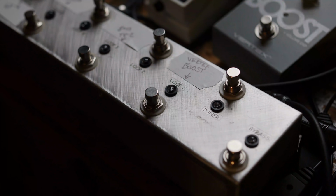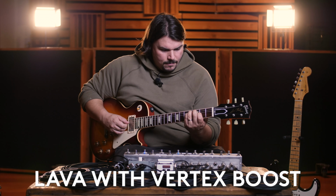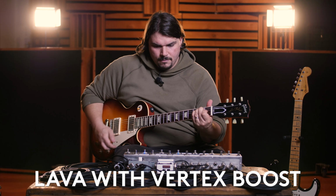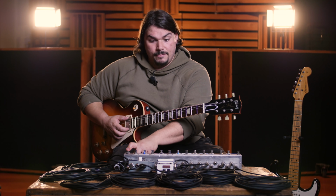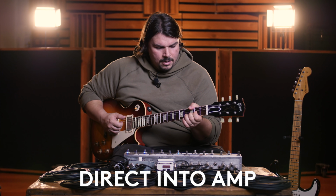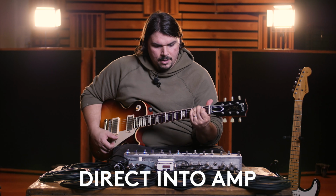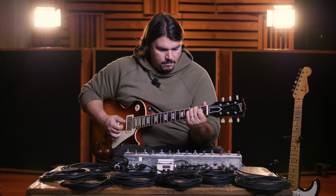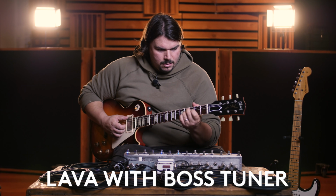So if I involve the Vertex Boost again, and then I bypass the boost and the 30 feet of cable, and I'm just going directly into the amp. That to me is much closer than this, which is the Boss buffer. There's definitely a little bit more roll-off, not a huge amount, but the boost is definitely closer, brings back more